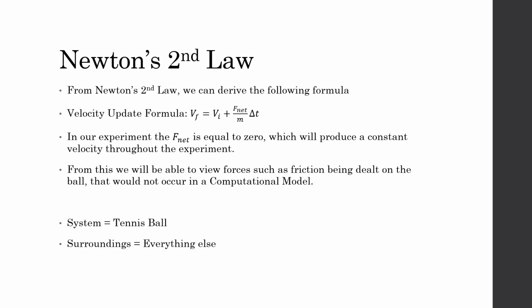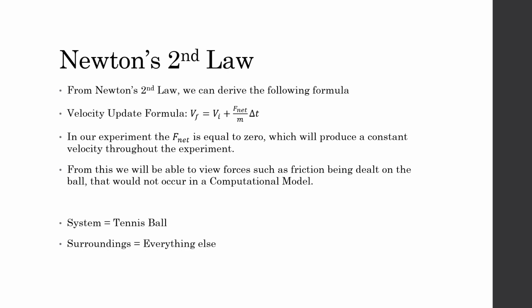In our experiment, the F net is equal to 0, which will produce a constant velocity throughout the experiment, as 0 times the delta t will always equal the initial velocity. From this, we'll be able to view forces such as friction being dealt on the ball that would not occur in the computational model. The system for this lab is the tennis ball, while the surroundings include everything else other